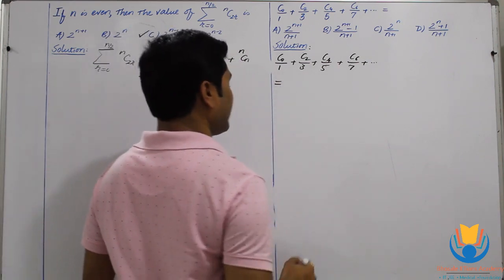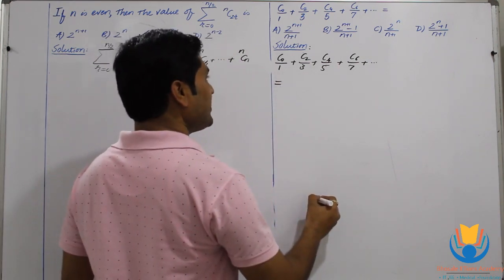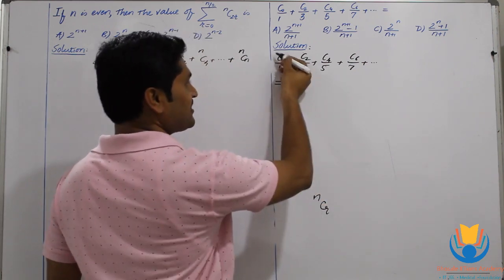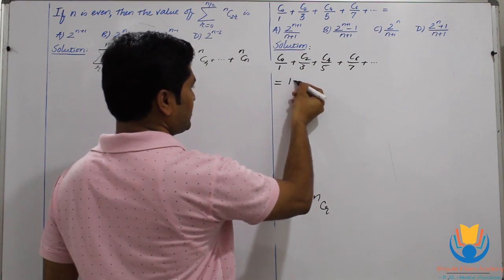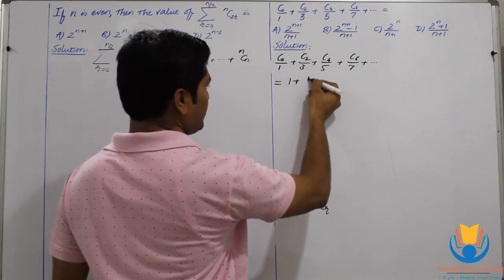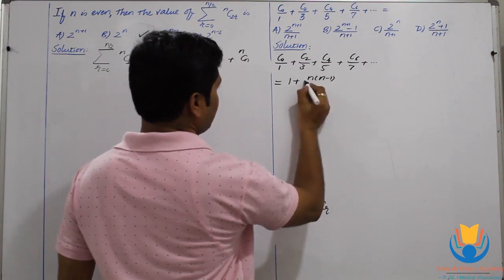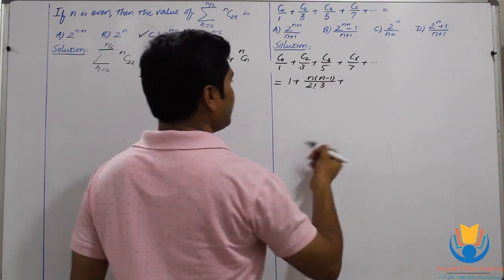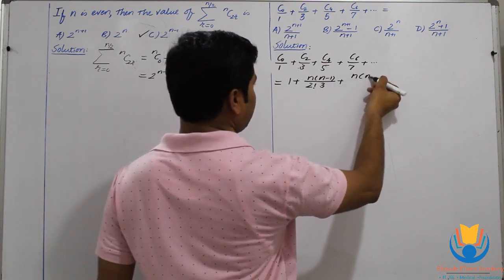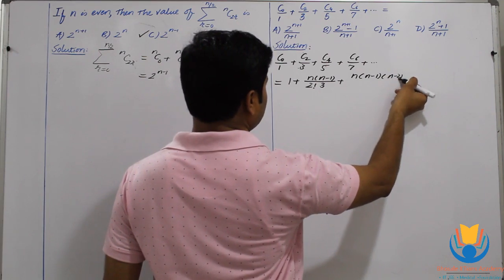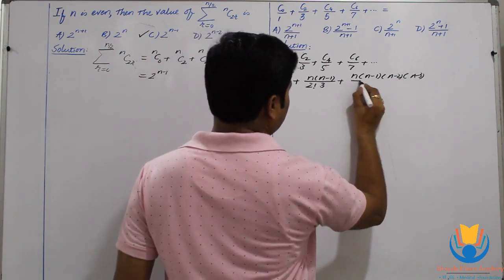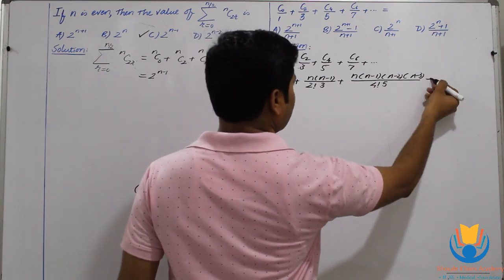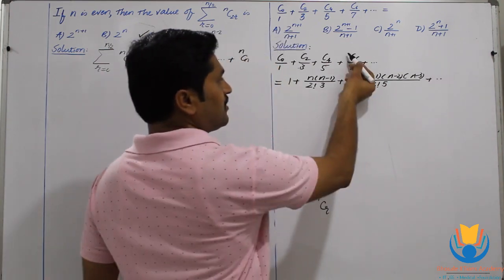So we will write the values of those NC0, NC2, NC4, NC6 using this formula of NCR. The value of NC0 is always 1. 1 upon 1 is 1. NC2 is n into n minus 1, that upon 2 factorial, into this 3 which is there in the denominator. Same we will write for NC4 as n into n minus 1 into n minus 2 into n minus 3, that upon 4 factorial, into this 5 as it is, plus